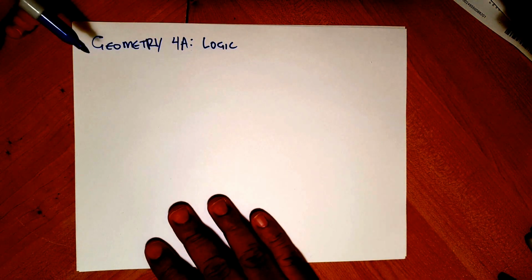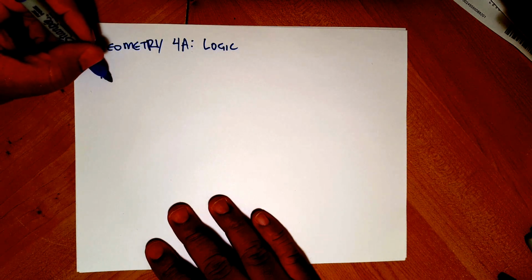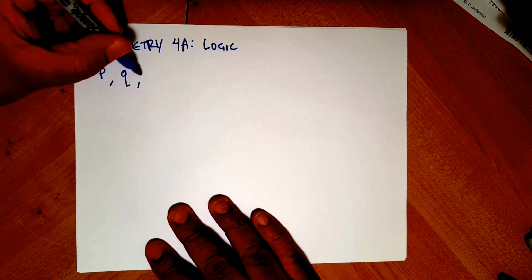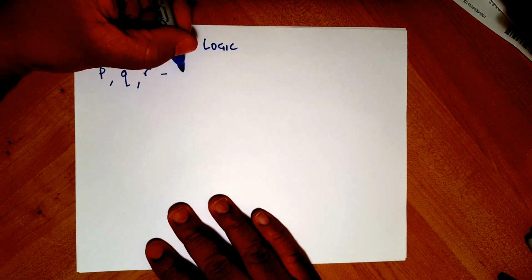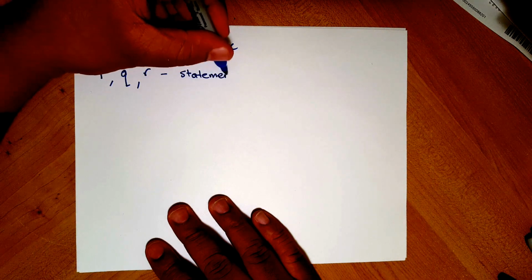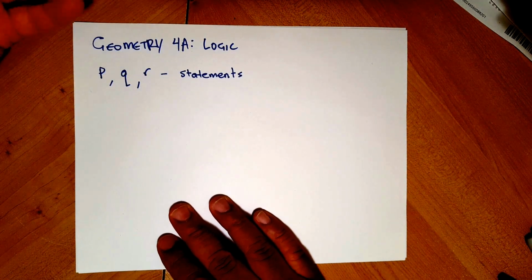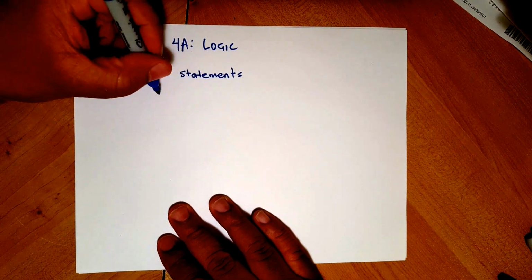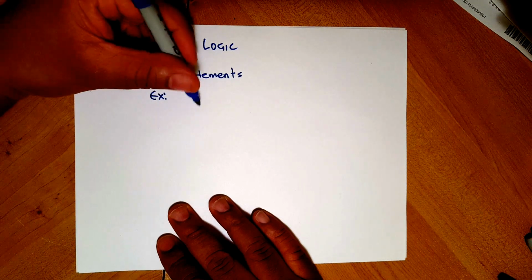So we'll start off, we have variables. Most of the time we're going to use P, Q, or R, and these are going to be what we call statements. Okay? So essentially what a statement is, is just a statement. So an example of a statement might be,